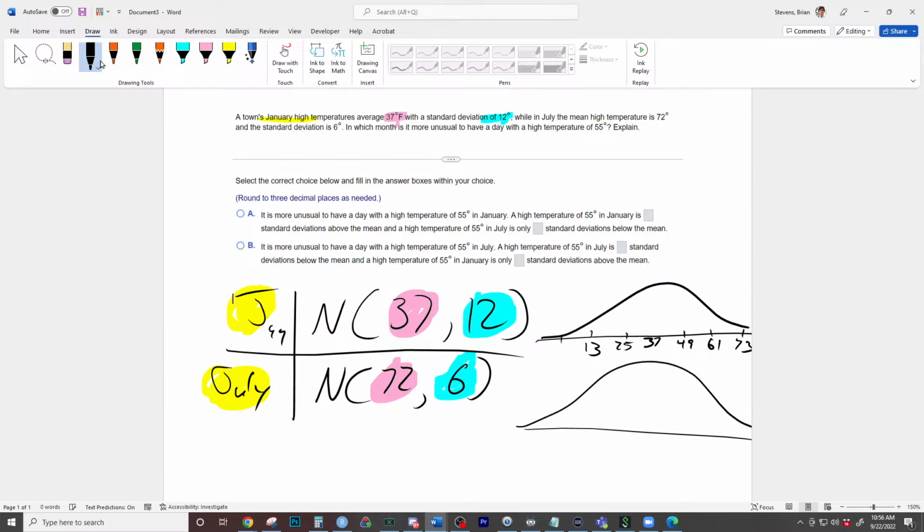Can anyone explain what I'm doing as I do this procedure that I often do when I write my normal curves? Once again, the best practice for these. So if you're practicing right now, I'm going to find some z-scores. Yep, I could put the z-scores below it. I'm finding the standard deviations above and below. So drawing out a little sketch of your curve is a great idea to figure out the answers to these questions. I like to put my z-scores and just do a quick sketch of what we have going on. I put the center as the mean and go up and down the amount of standard deviations. This is the real practice right here.